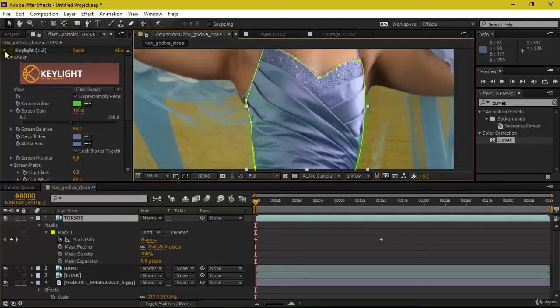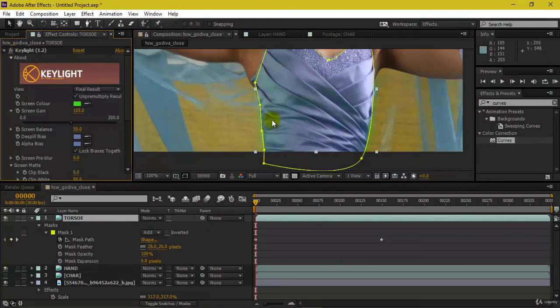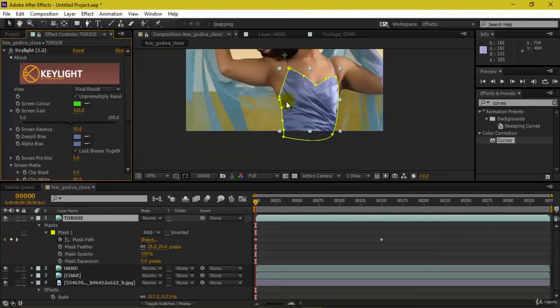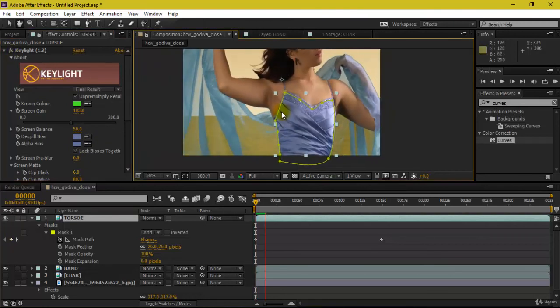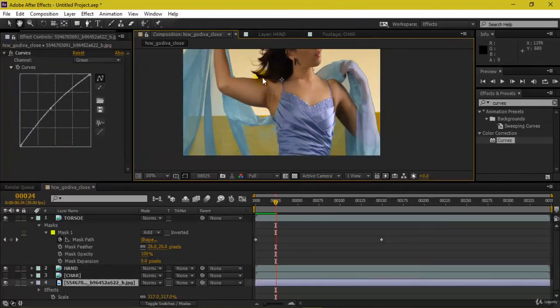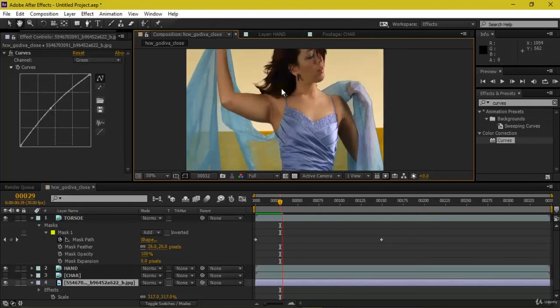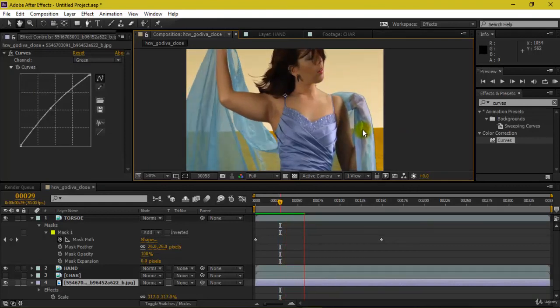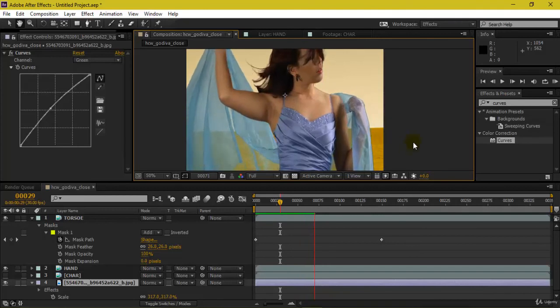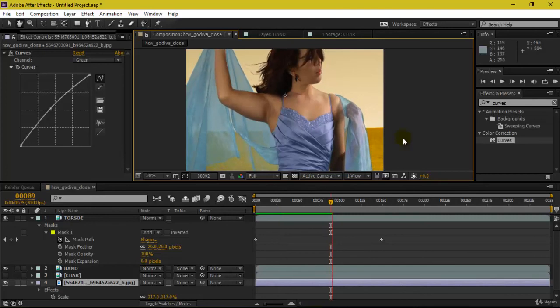So if you can see the reflection of the green screen over here, it has just gone away. I'm just turning this on and off through key light, and as you can see, this despill bias is actually playing a very nice role over here and is getting the pixels from here and is just blending it pretty nicely. So this is what we have, and now if I play this, I'm not able to see any kind of green stuff over here or the green spill which was present earlier on my cloth and even my hand.